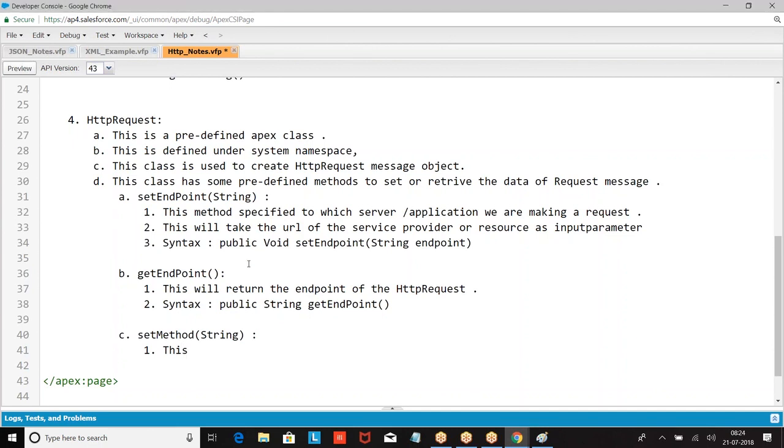Now look at the format. This method will specify